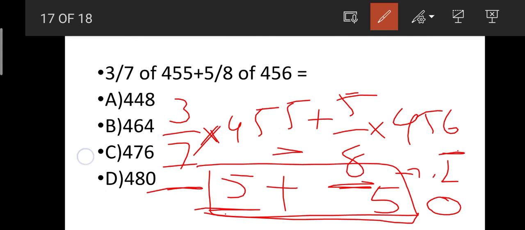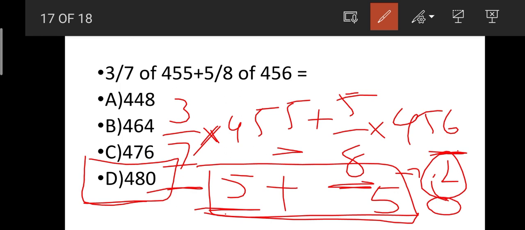Okay, so this may become our answer, but we also have another option. To make the resultant end with 6, we may also have 2. If we take 2 and multiply 2 with 5, the resultant will end with 0. If I add 5 plus 0, the resultant should be 5. Do we have any options having 5? No, we don't have any options ending with 5. Okay, so we can go for this option. Okay, I think you have understood the model here.